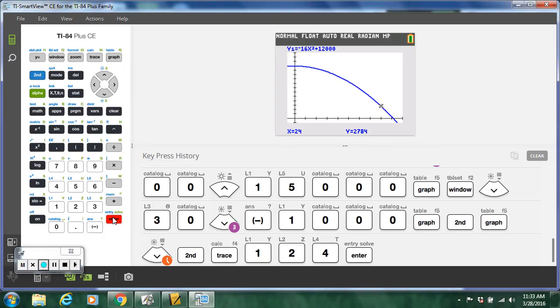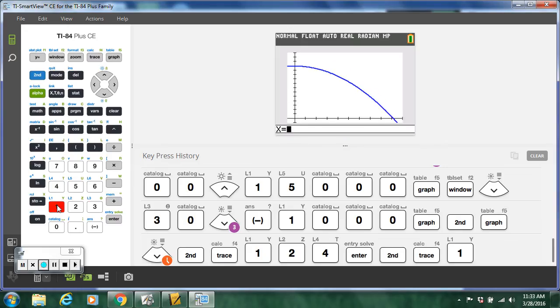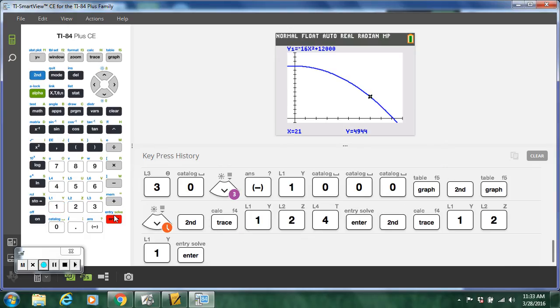So 2,784. I can say second, calculate, value, number one, at 21, because that was another one. And there it is, 4,944. So go ahead and fill in that chart there. So what is,